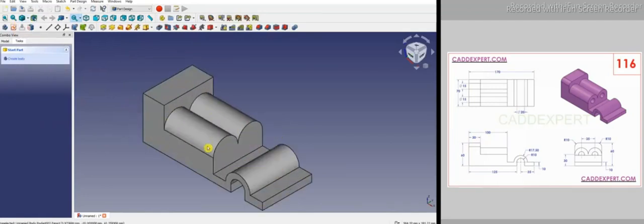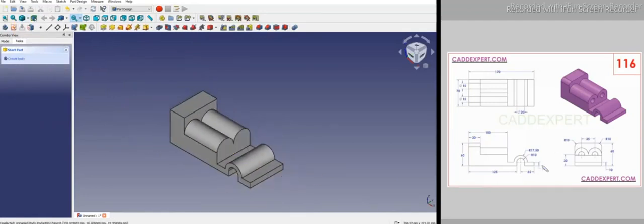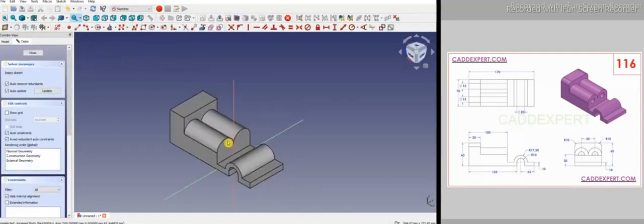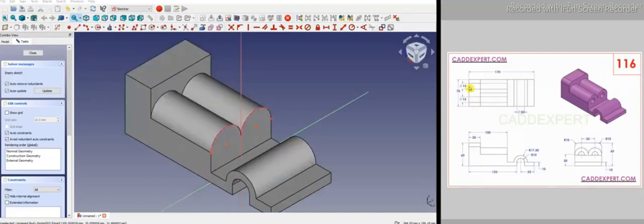So here we have adapted all major features of our part, and now on this face we will make the hole. So I will select this face and I will say create sketch. I will press 0 and I will say project geometry. I will project this geometry, and our hole size here is 15 mm, if you can see here, and